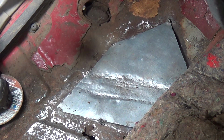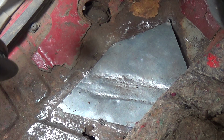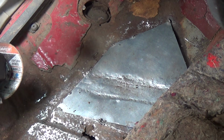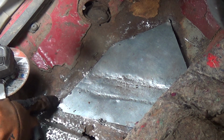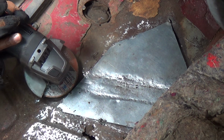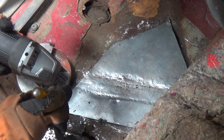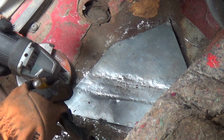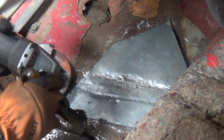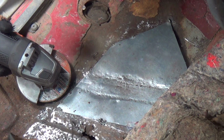Alrighty, so on day 2, part 1. Right here, I did a spot weld on the patch, and what I'm going to do is cut here at an angle here. Pretty much the idea is that the patch itself will sink into the floor pan, and the old metal that's behind it I'll just pull out from